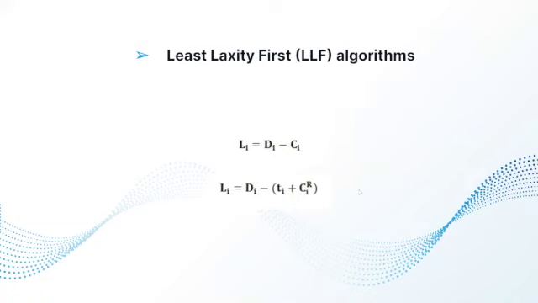What is the least laxity first algorithm? Well, LLF actually consists of job level dynamic priority scheduling. Every instant is a scheduling event because the laxity of each task changes at every instant of time. A task with higher priority must have the least laxity at an instant. Priority of a task is inversely proportional to its laxity.